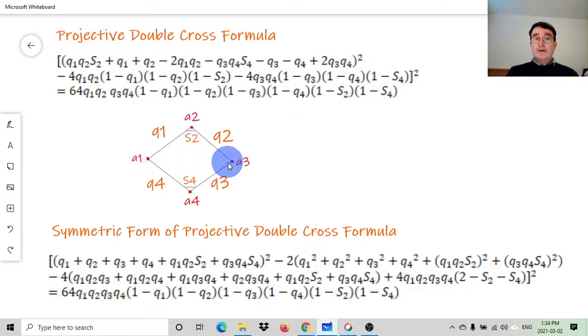two projective triangles to form a projective quadrilateral. The quadrilateral has points A1, A2, A3, A4, and it has side quadrances Q1, Q2, Q3, and Q4. And the spreads S2 at point 2 and S4 at point 4. And this is the projective double cross formula that